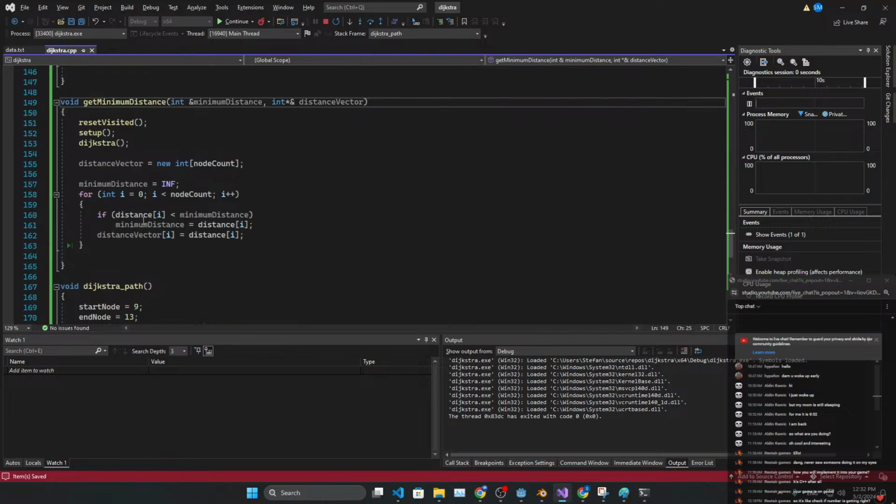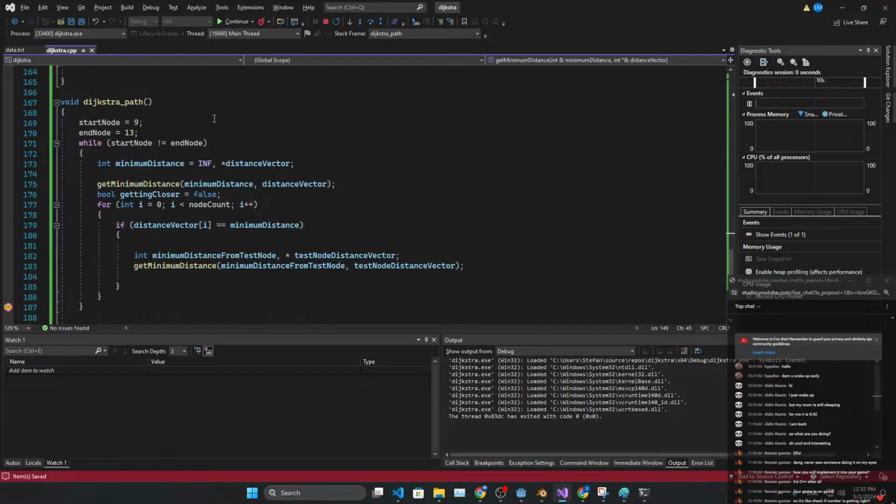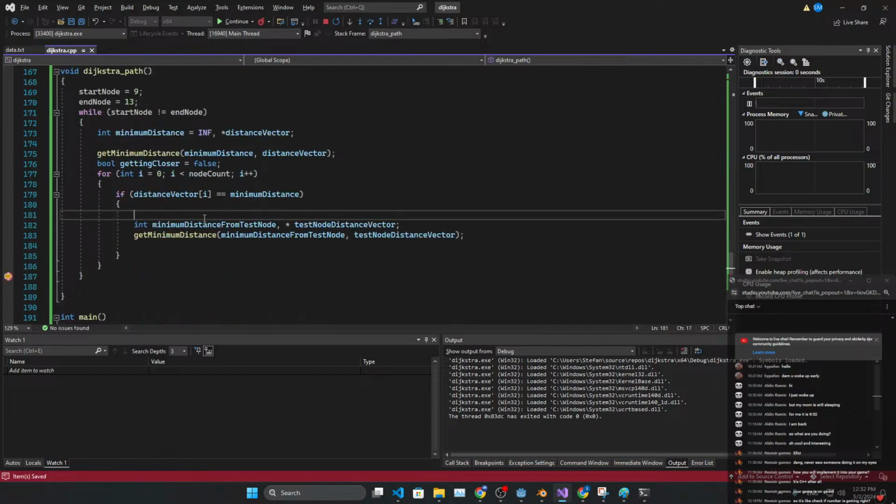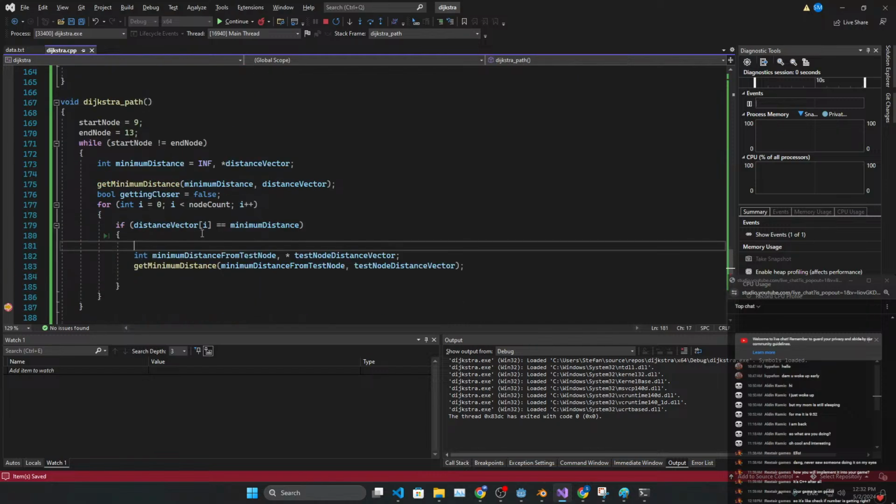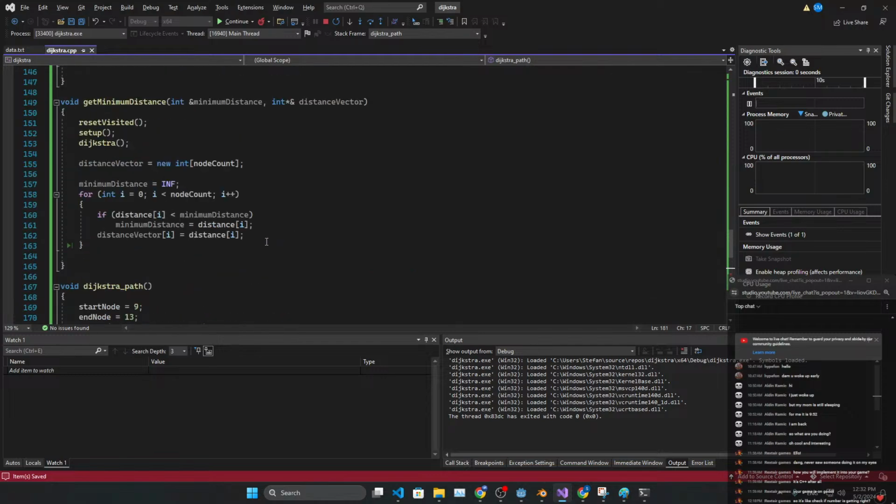So how does this work? Hold on. I just had a new idea here, that this minimum distance is always going to be 1. Okay, it's not always going to be 1, but to be fair, the test is to see if we're getting closer, so it's fine. I freaked out. Okay, alright. So it's technically still good. However,